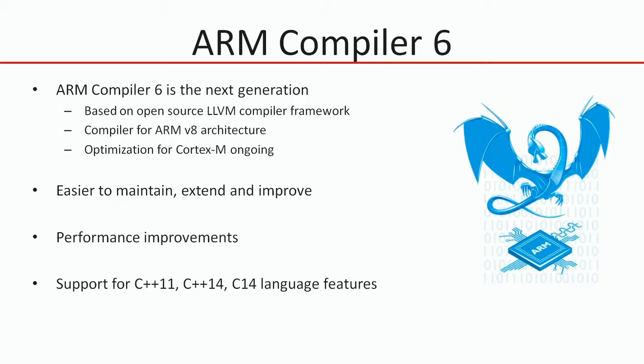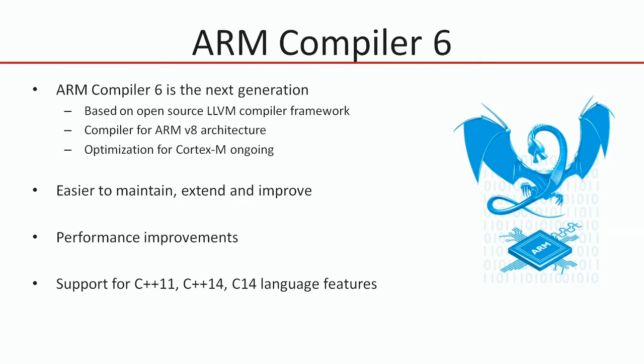In May this year, ARM will be launching their new version 6 compiler, which is based on a newer code base using LLVM, a low-level virtual machine, and also the Clang system as well. So this will be a new code base which will take the compiler forward to support newer C standards and also achieve higher levels of optimization. So again, you can use this to develop application code, whereas you would need to use the GCC compiler to